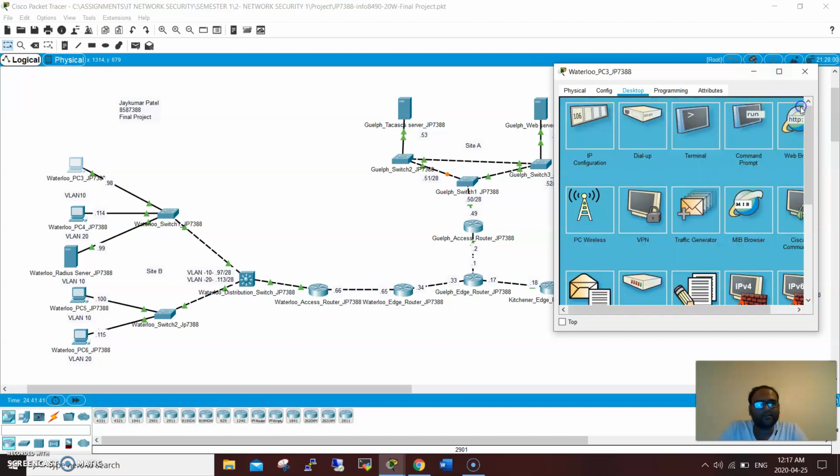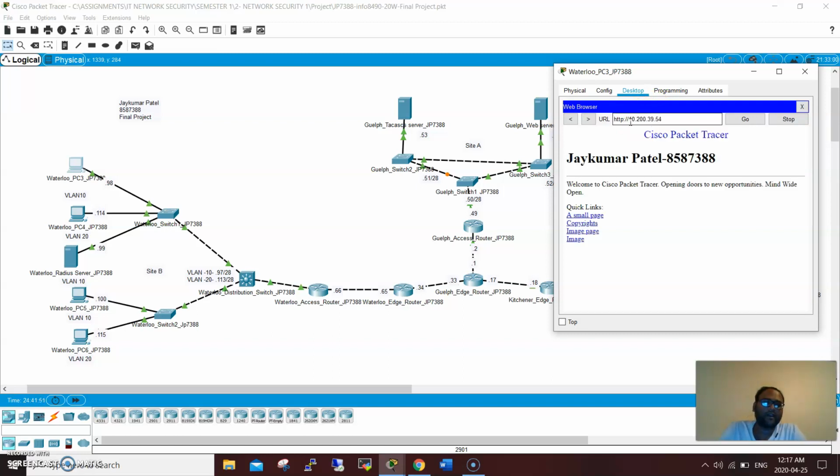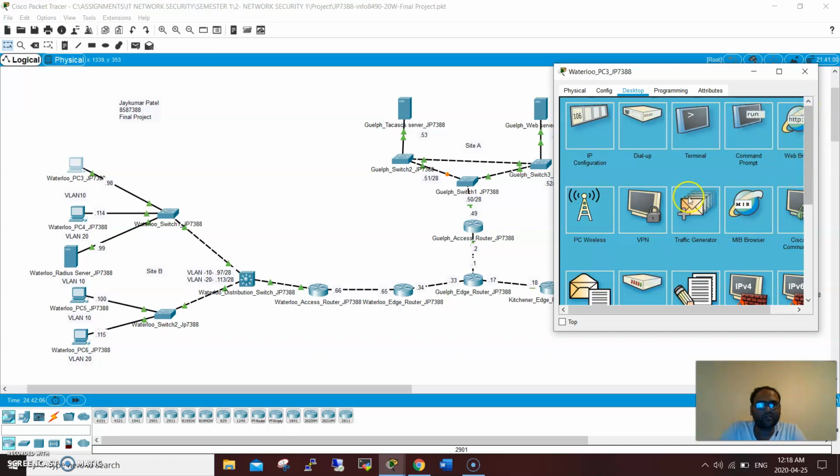Now we can access the Gulf web server using the IP address 10.200.39.54 in the web browser, and you can see I put my name and ID on the home page. It's showing the home page of Cisco Packet Tracer, which is accessible from any of the sites,